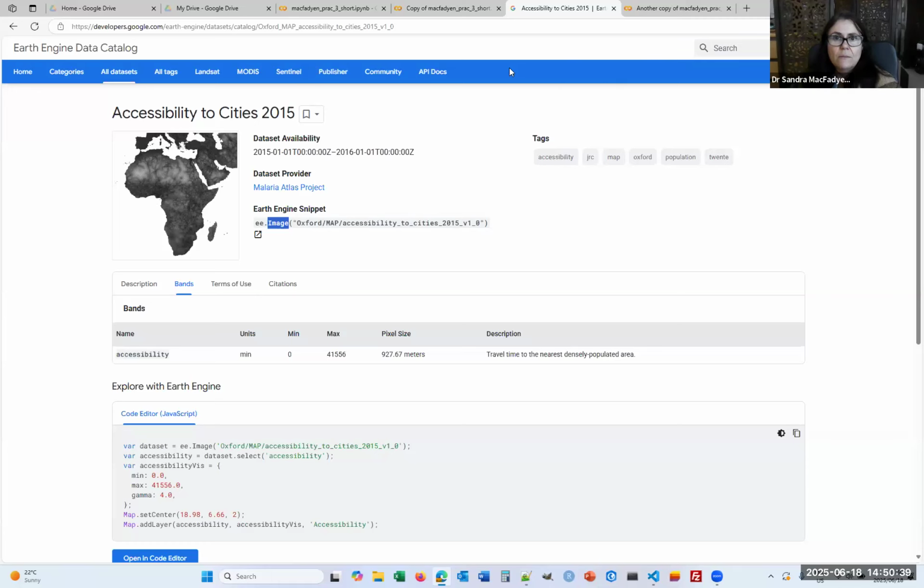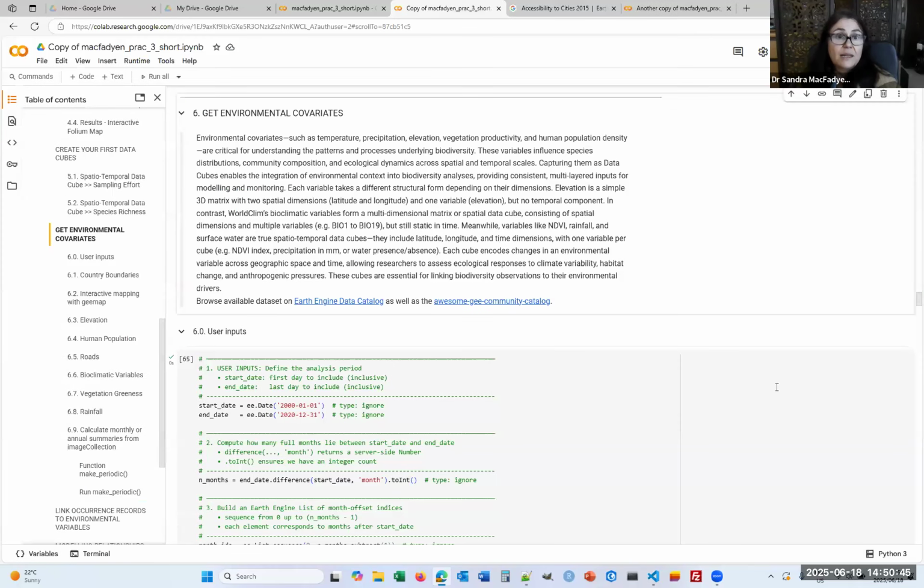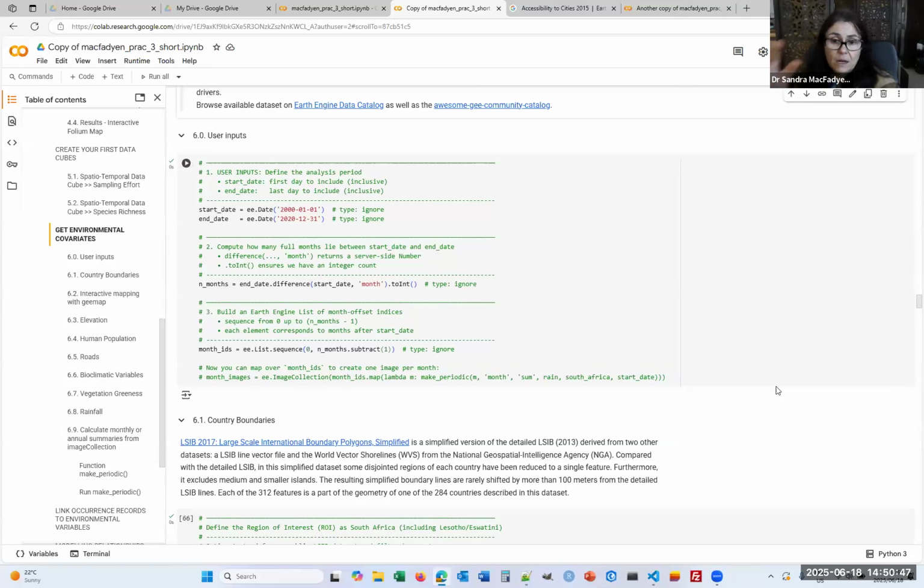If we go back to our notebook, this is the info that we'll need to plug in when we start to bring things in. Before we do anything, it's good practice just to set up the inputs that you want. So if you want to be working in a specific time period, then set these up as objects rather than having to change them for every single time you import something. So you set from the beginning, this is my start date and my end date. From that, you can create a month list and a month IDs. But the most important is this, you need to have your start date. So if you run that,